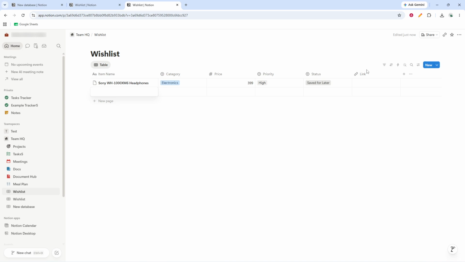Now begin adding wish list items. Create a new entry for each product or item you want to save. Fill in the properties as you go, so every row includes the relevant details. For example, one item might include a category, a store name, a priority level, and a price, while another might also include a link to the product page. The goal is to make each entry complete enough that you can review it later without needing to look elsewhere